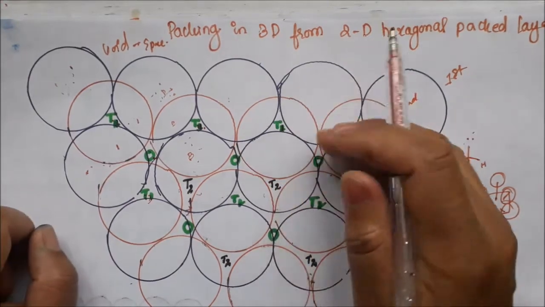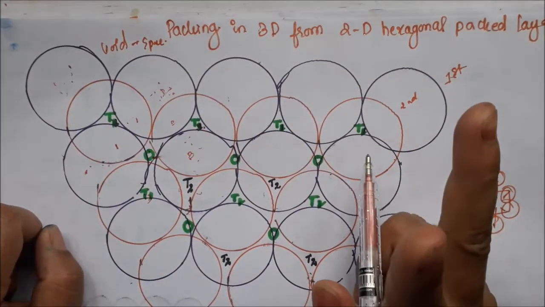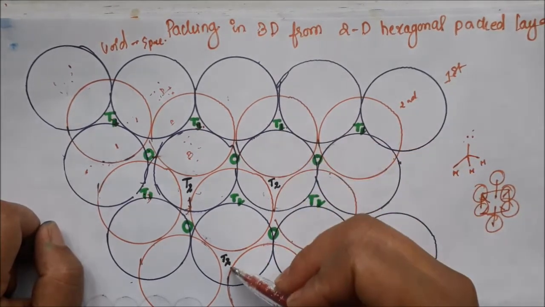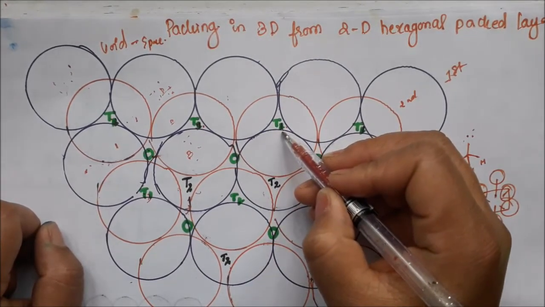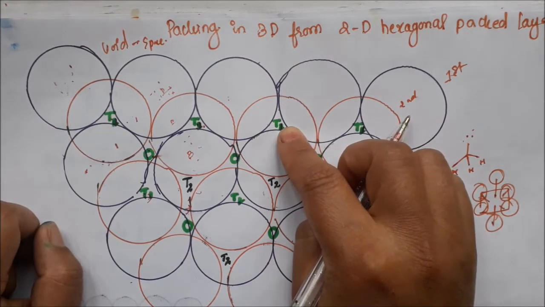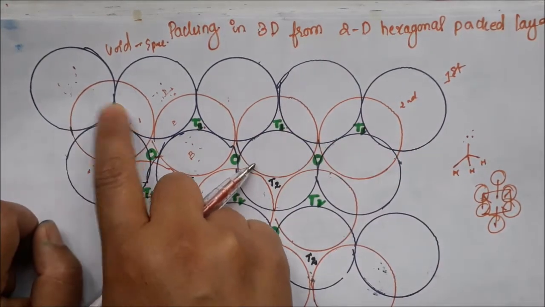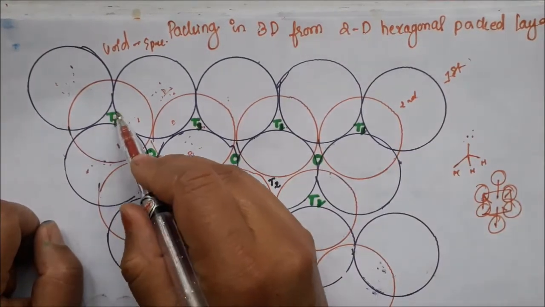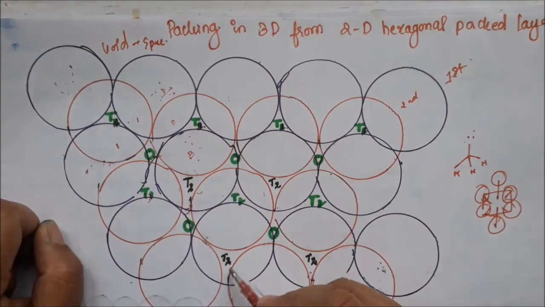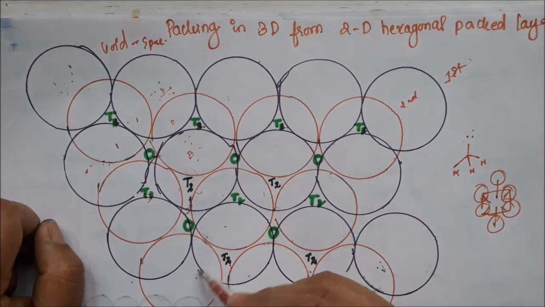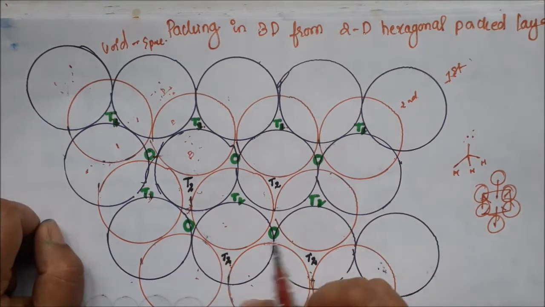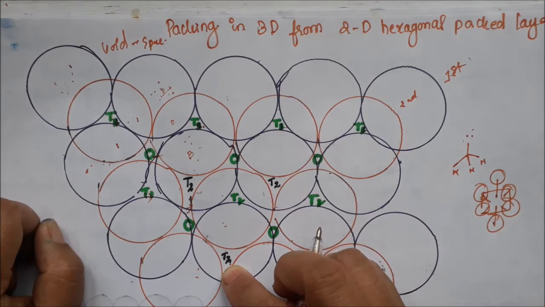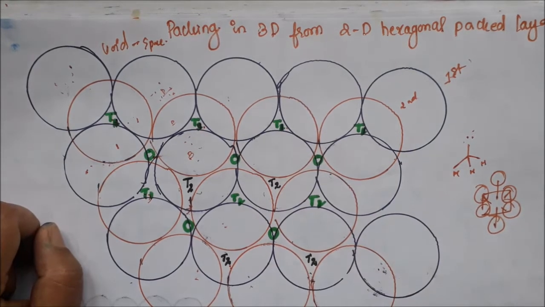Now here there are two types of tetrahedral void. One I have marked in green, and one in black. I have called the green one T1 because it is created in the first layer, in the middle of the purple, and purple is your first layer. So this tetrahedral void is in the first layer, and this black one results from packing where the three above are in the second layer. So this is the tetrahedral void created in the second layer.